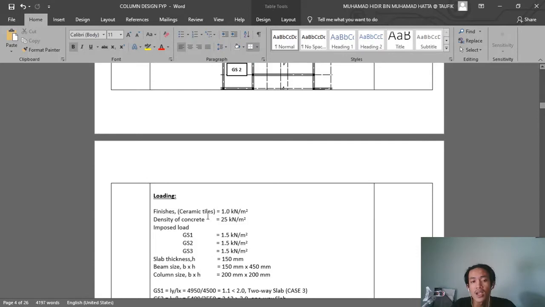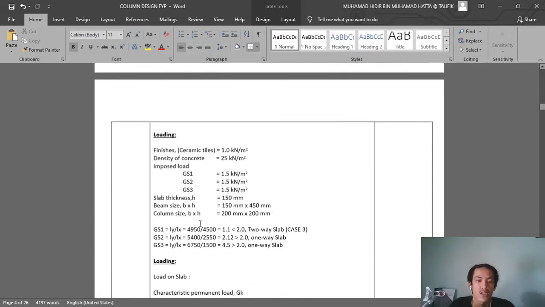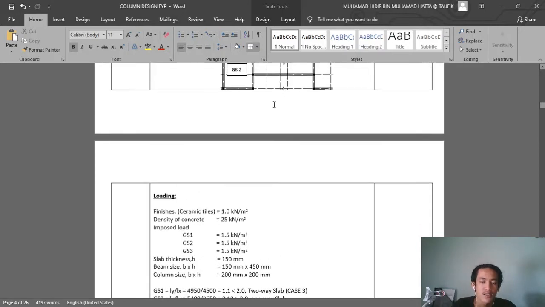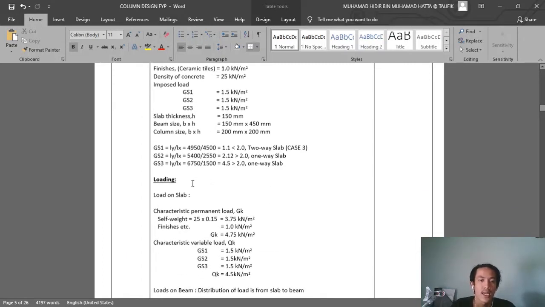Okay, and then for the loading we calculate all this, we analyze this, and then this is the imposed load from these three slabs. Okay, these three slabs, and then the column size is 200 times 200, and then the beam size is 115 times 450. Okay, and then these are